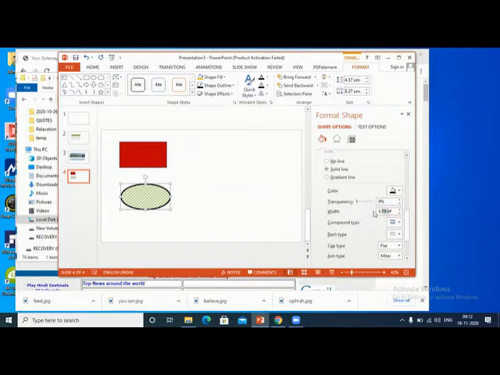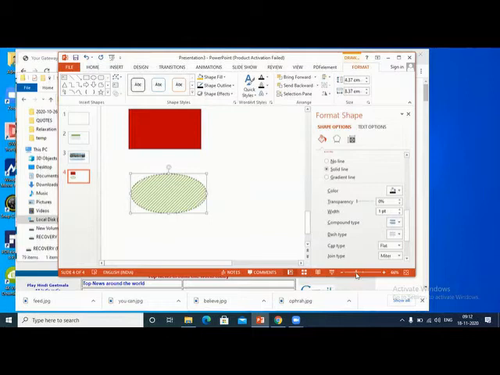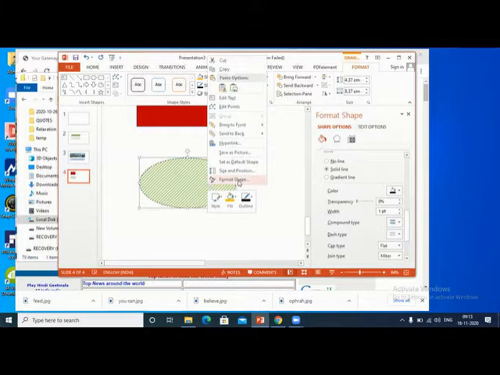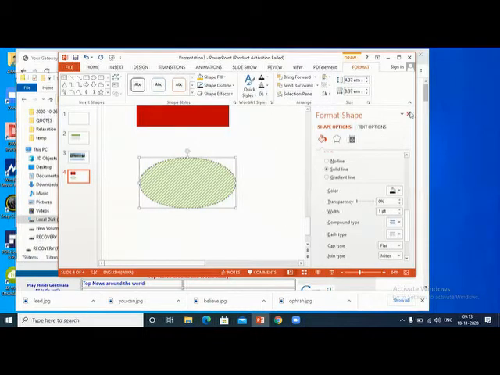Okay, default is 1 point. There are different type you can use. You have outside dash type, different line types you can use. Okay, all these things you can. So this you will get only when you click format shape. I hope you got the idea.